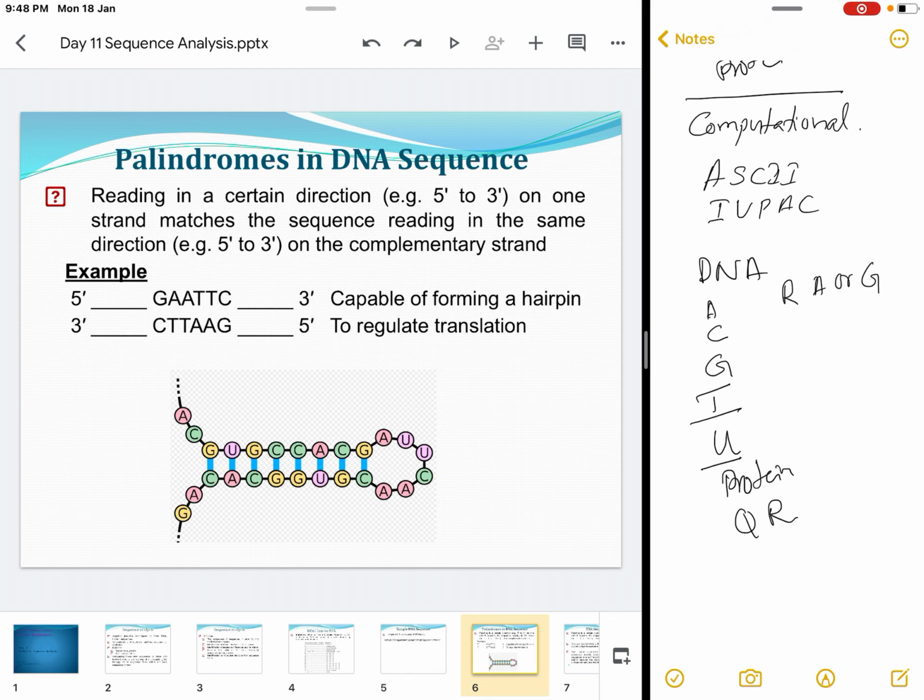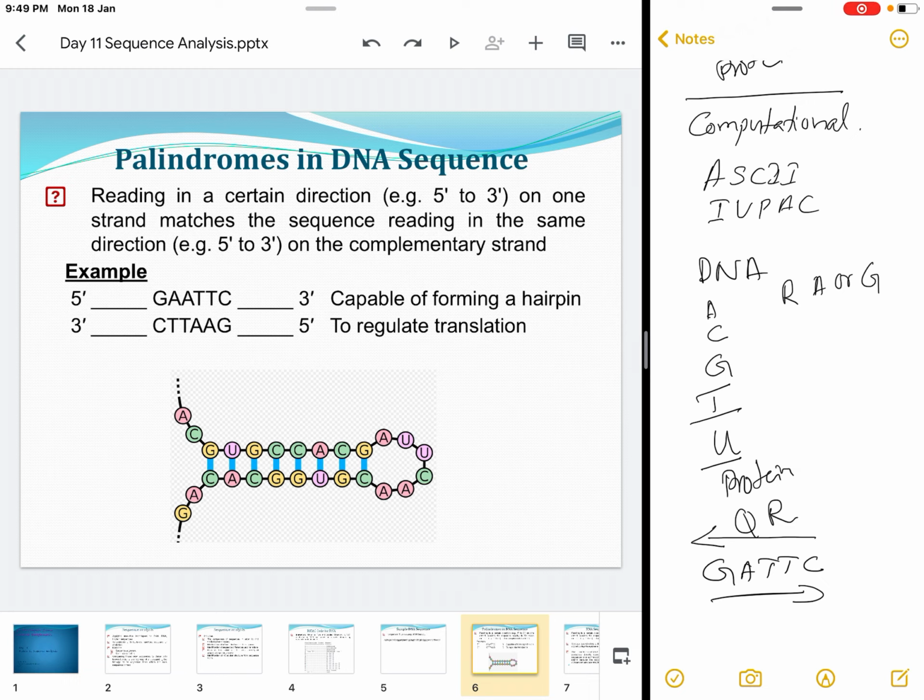In the same way, a DNA sequence can also have palindromes in it. That is, if you take the reading frames either from the 5' to 3' end or from the 3' to 5' end, it always represents the same sequence of nitrogen bases. Here I can show one example: the DNA sequence GAATTC. So if we read from 5' to 3' end or from 3' to 5' end,